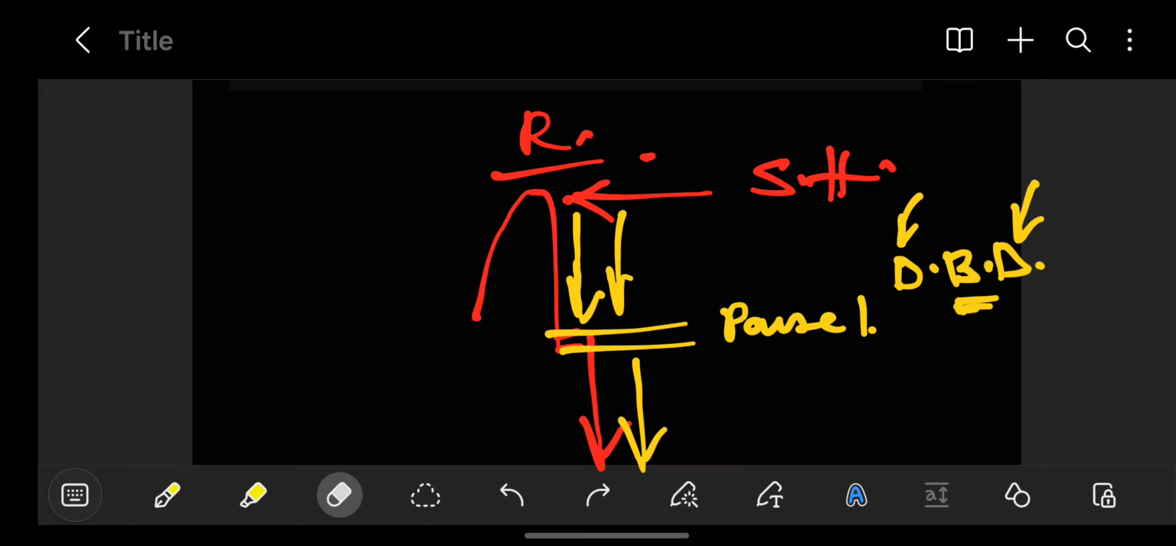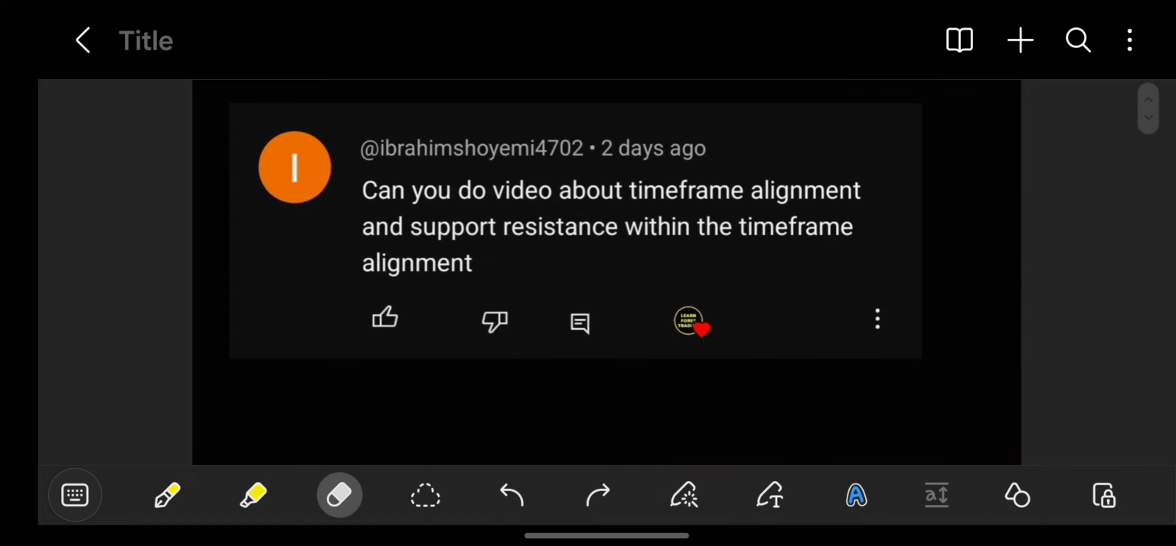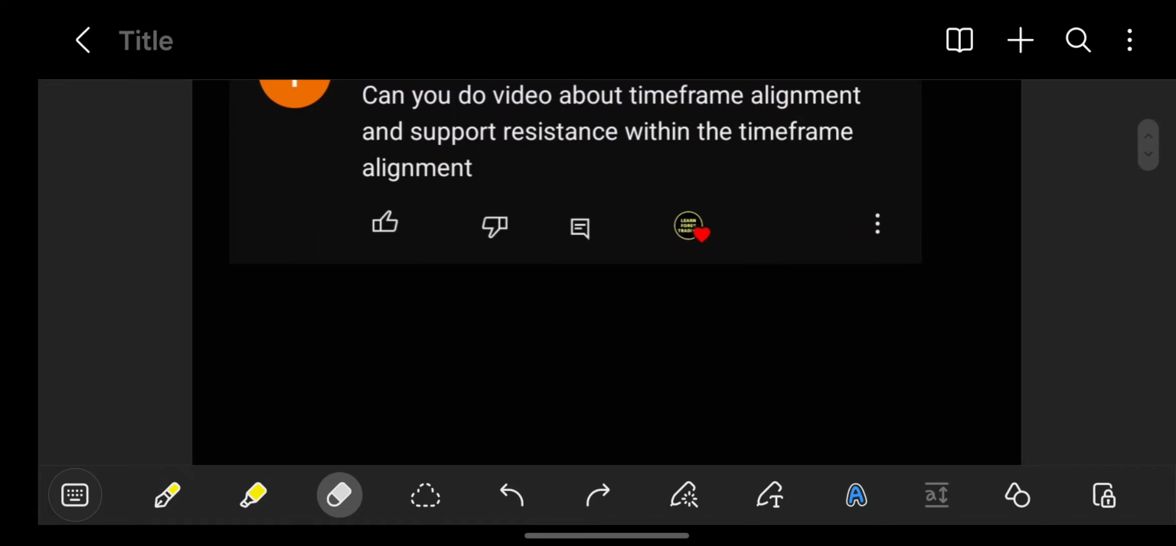So the second part of your question, I hope it makes sense. The first part was about time frame alignment. I can also explain this without using a chart, right? With regards to the time frame alignment,